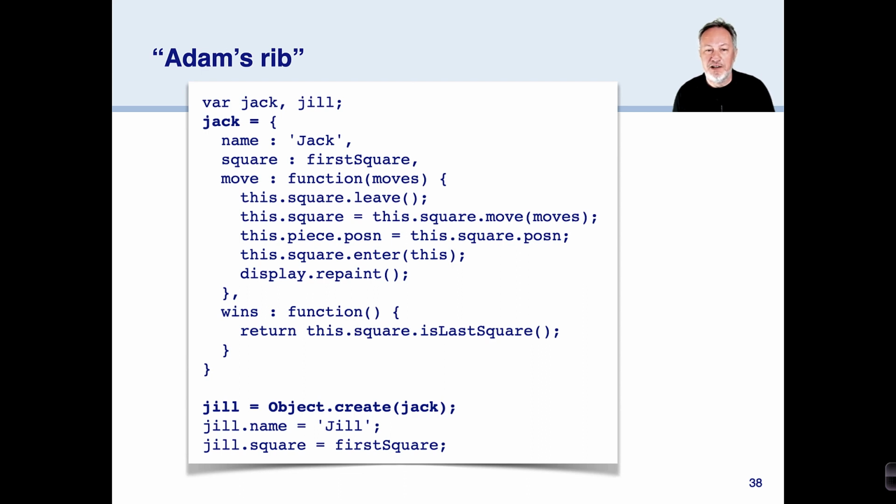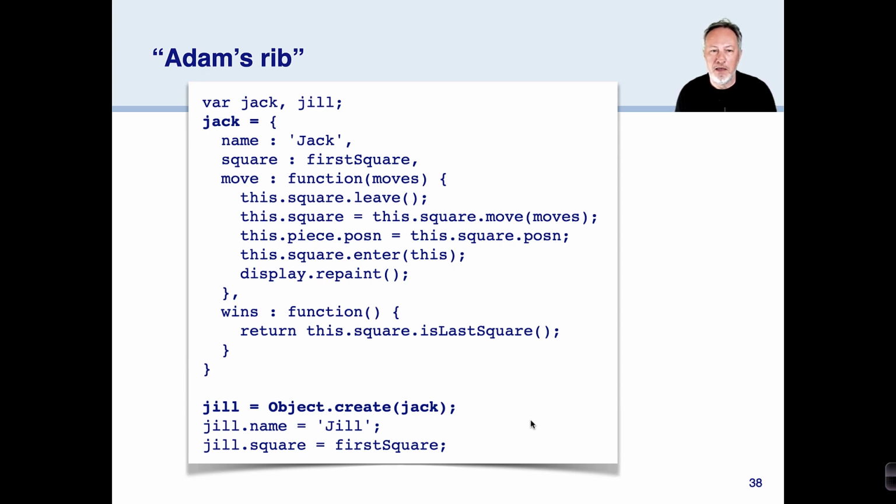Now we have to create Jack and Jill. We're a little bit old-fashioned here. We create Jack first as an object, and then Jill is going to be a clone of Jack. But if we want to be a bit more modern, we should have created Jill first, and Jack could be a clone of Jill. It's all the same. The point is that we only need to create one object, and the other object can be a clone of the first one, and we only need to update the particular features which represent state that is unique to that object. So in this case, Jack and Jill